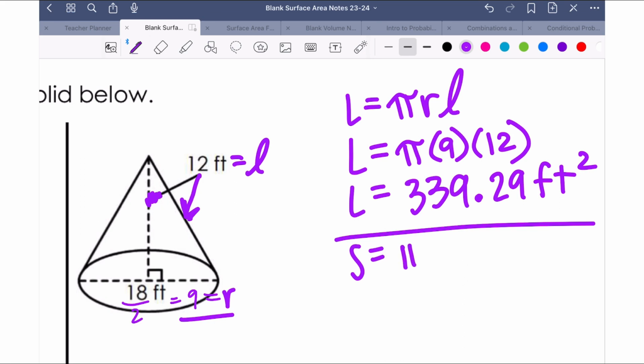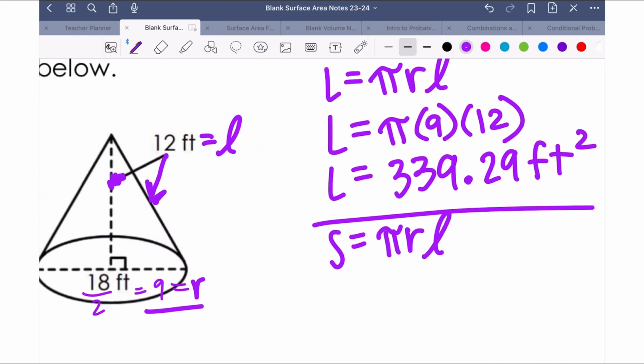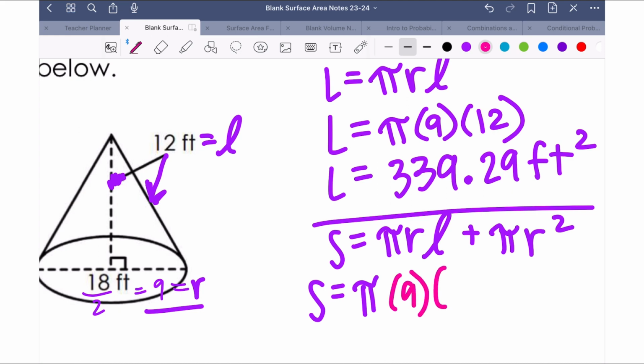Okay. And then let's do total surface area. So we have to redo pi times radius times slant height. And then we're going to add a base of a circle. So the area, pi r squared. Okay, write your formula. That way we know we're doing it in the right order. So let's fill in all the values. Pi times your radius, which is 9, times your slant height, which is 12 that we just did, plus